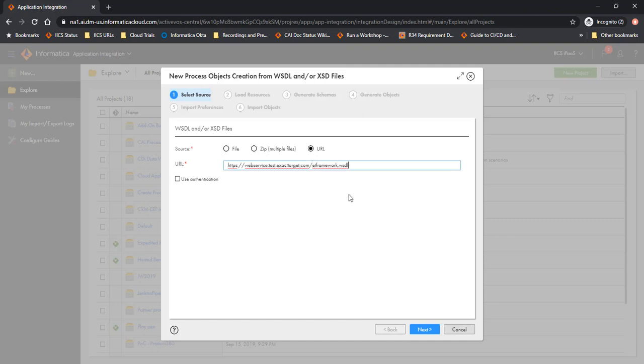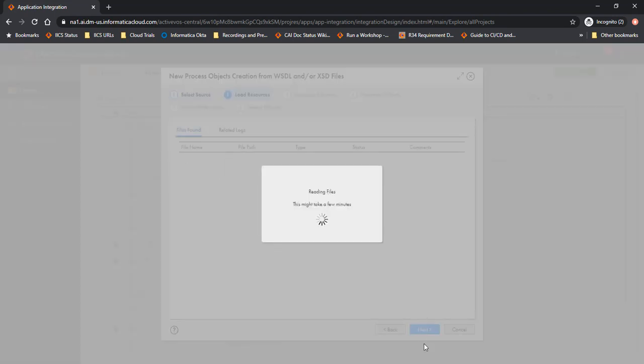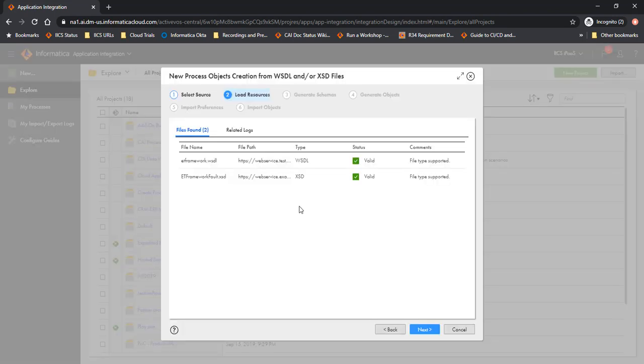This is the URL from the Salesforce Marketing Cloud WSDL. It doesn't require authentication, but in case you do require authentication, you can use the use authentication checkbox here and fill in the details. In our case, we don't require it. Click on next, and at this point the tool will figure out how many files are available within this URL